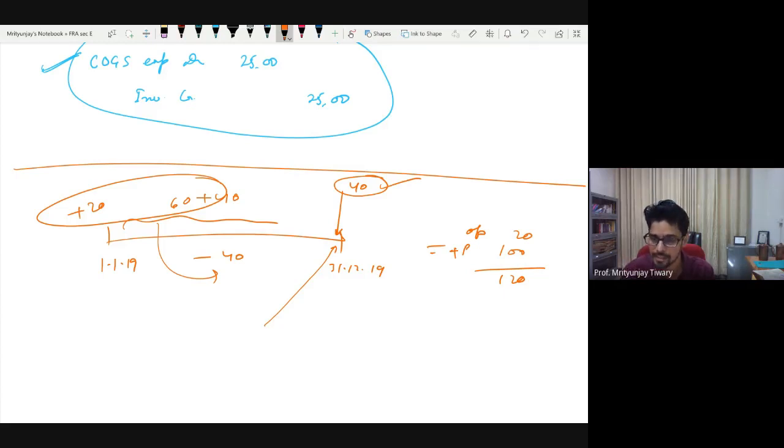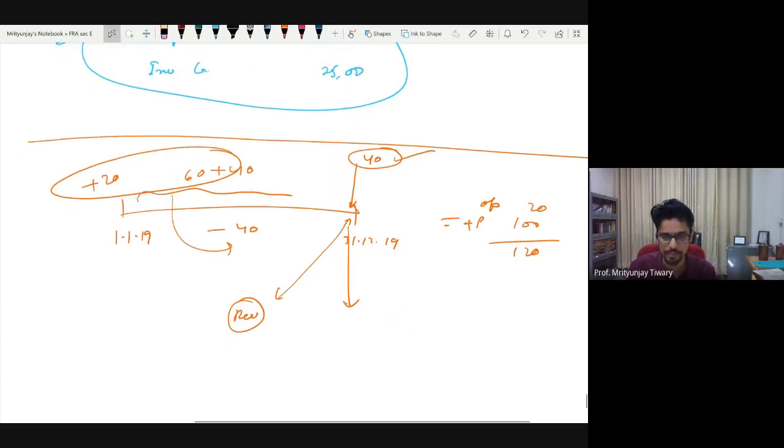Before I answer, with rest of the class, did you get the question? What is being answered here? So the point here is that on last day sale happened, but goods have not moved yet. So there are two ways to think about it. Now you need to find out whether you can recognize the revenue in this period or not. Assuming you can recognize the revenue in this period, then these goods will be treated as if these are somebody else's material just lying with you. You cannot add it to your closing inventory.